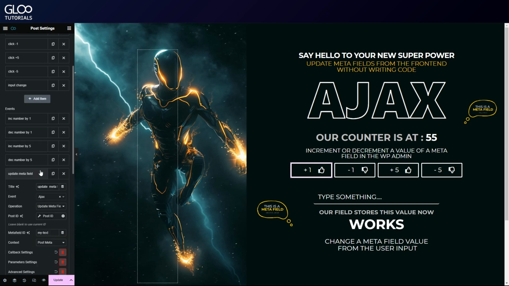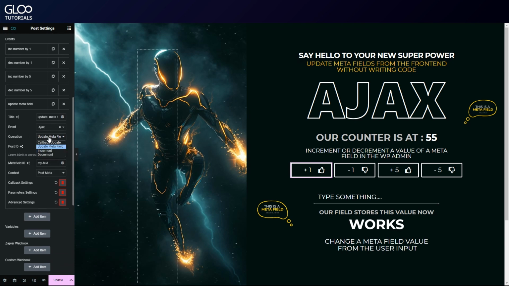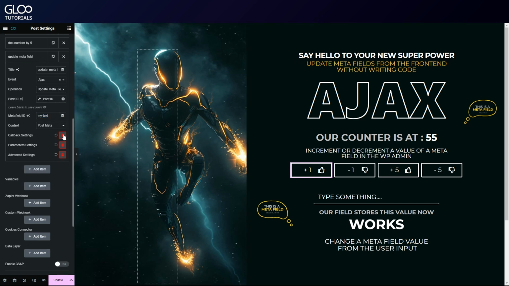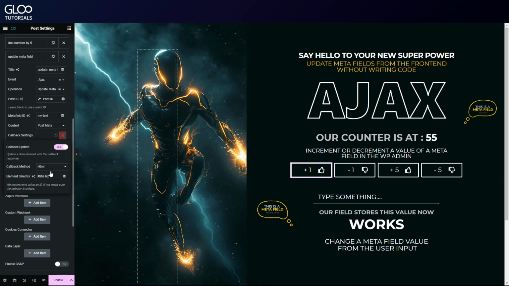The update meta field event is the event that will change the myText meta field. It's an Ajax event, but in the operation we chose update meta field this time around. We've still chosen to use the post ID dynamic tag here, and we targeted the myText meta field. The context is post meta all the same, because both fields are in the post meta. The callback method is text, even if here it would work with HTML as well. But in some cases it helps to have text without HTML. Again, the element selector is the ID of the heading widget, and we've added the H2 again to keep the